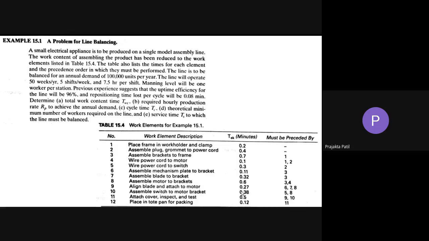So just write down this table correctly. You can neglect this description column. Write down the TEK column correctly and the precedence column correctly, along with the serial number. And also write down the given data from the problem statement.